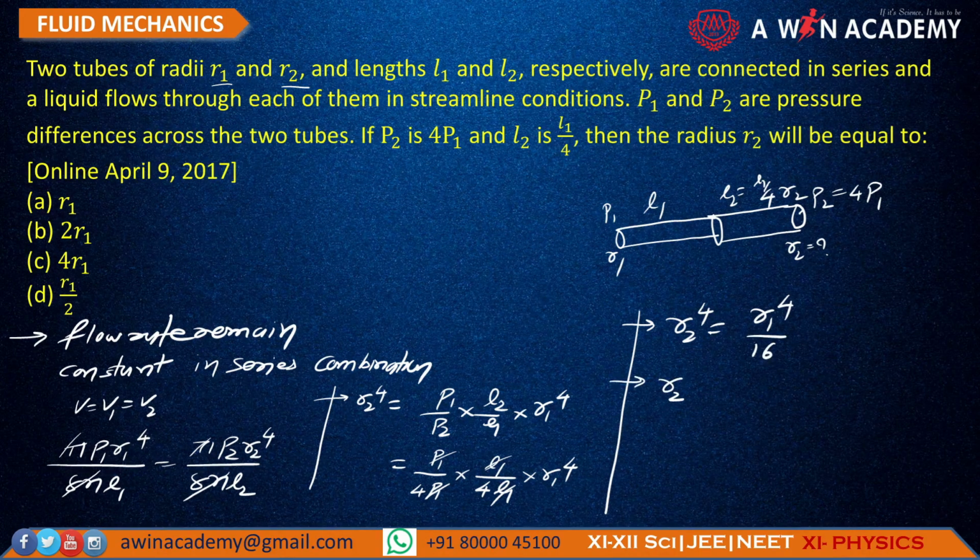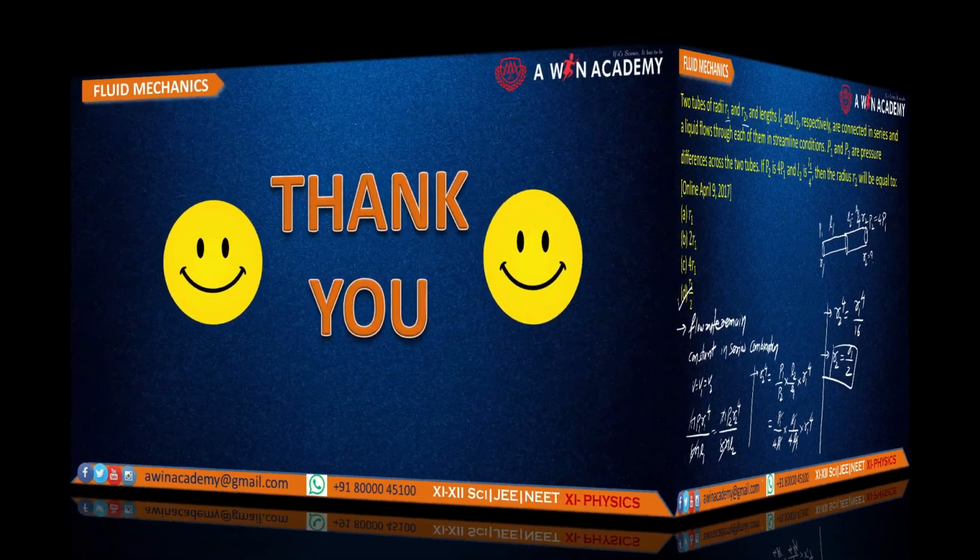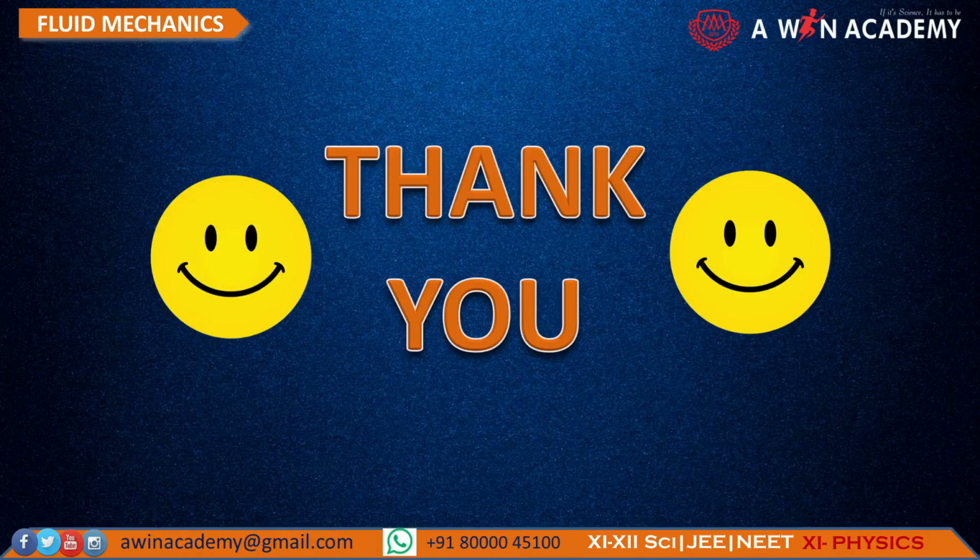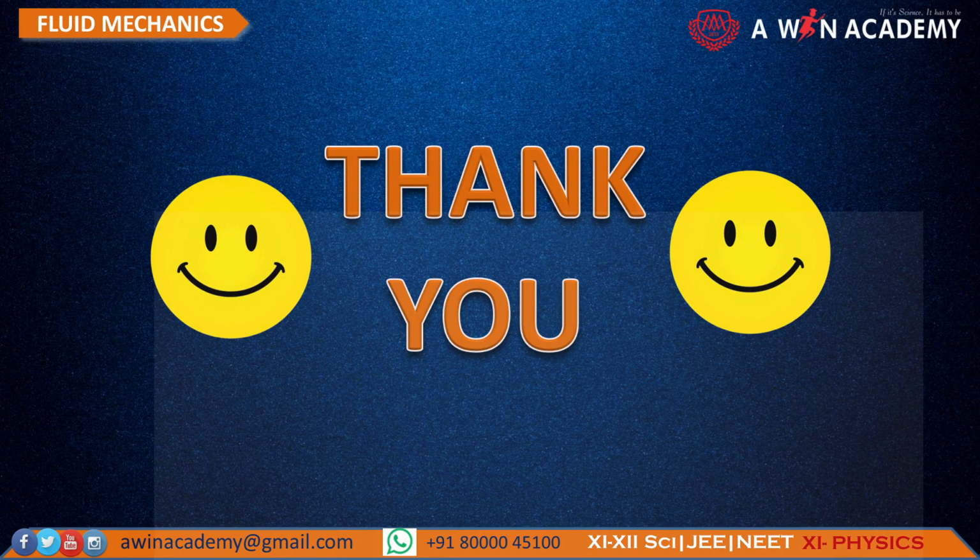If we remove the fourth power on R2, on the other side the power becomes 1/4. So we can note R1 by 2 is the correct option. Similarly, D is the correct आंसर ऑफ दिस प्रॉब्लम। तो इसी के साथ हमारा जो पार्ट 3 है वो कंप्लीट हुआ। थैंक यू एवरीवन, थैंक यू सो मच।